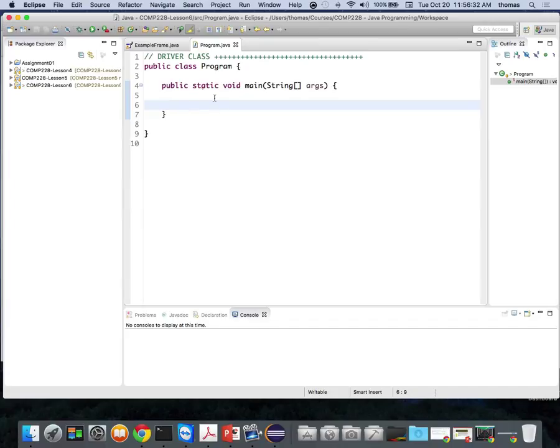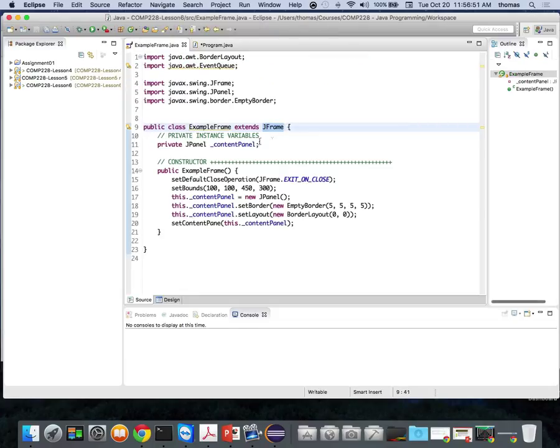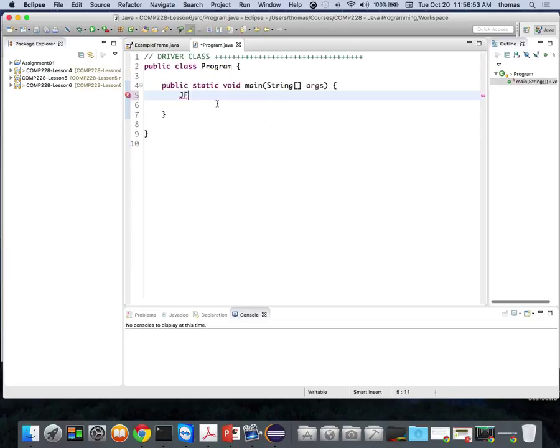Okay, so I want to make a JFrame. I know it's the JFrame class, and I want to call it example frame or something like that. Let's call it my frame. So how do I do this? Normally what we expect you to do is one of these: JFrame. And if you don't know what it is, you can see over here it is JFrame with capital J, capital F. Look at the error that's not going to go away. Well, just wait for it. My frame